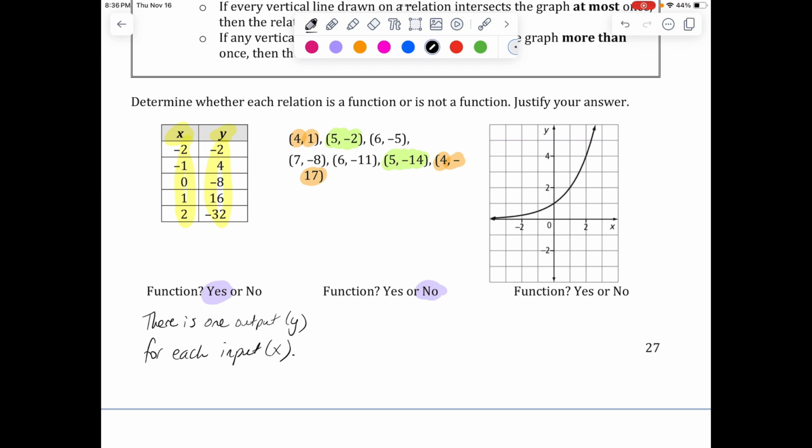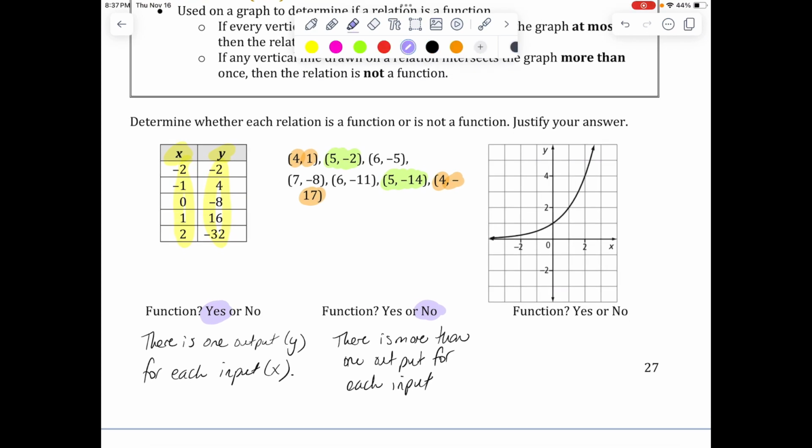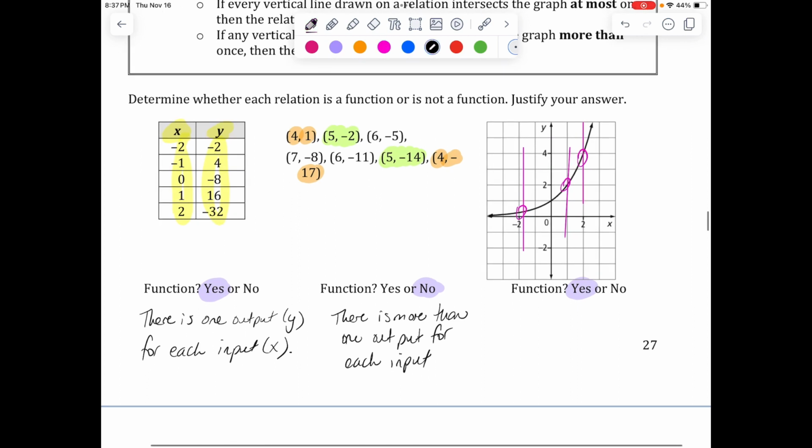And the justification for why that is because there is more than 1 output for each input. Okay, and then this third one, is this a function? That's a yes, and the reason that's a yes is because no matter where I draw a line along this, I can draw a vertical line anywhere, it will only touch that graph once. Okay, so our justification, vertical line test,